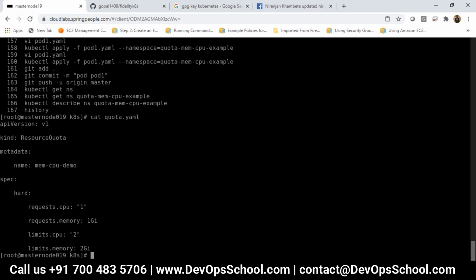Those max memory and max CPU were there previously, but nowadays request CPU and limit CPU are used instead. Oh, okay. It is no more the syntax, is it? No. Previously it was there. Now it has been merged using request CPU and limit CPU.